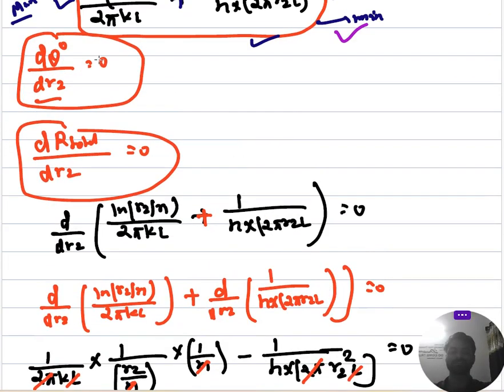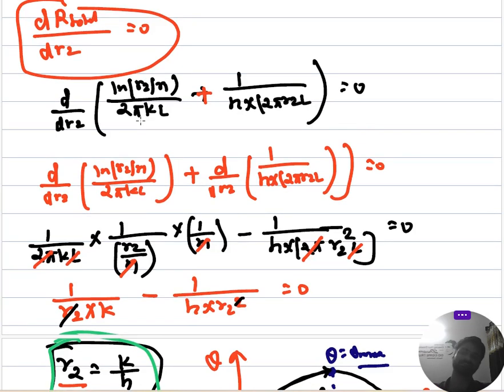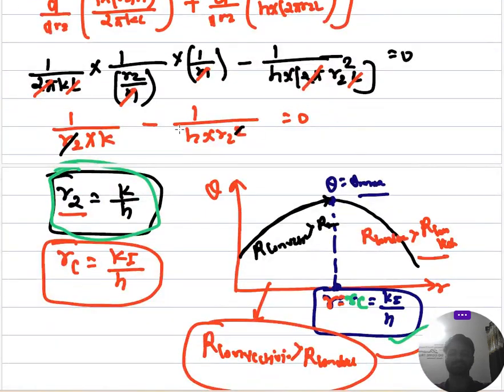Once you differentiate these things, dQ by dR2 equals 0, and Q dot is only a function of the resistance, right? If resistance is increasing, Q dot will be decreasing. So it's better to differentiate the resistance with respect to R2. At the maximum heat flux condition, the resistance will be at its minimum, and the parameter is the outer radius R2. That's why I'm differentiating these things. Once you differentiate all of this, you will get R2 equals K by